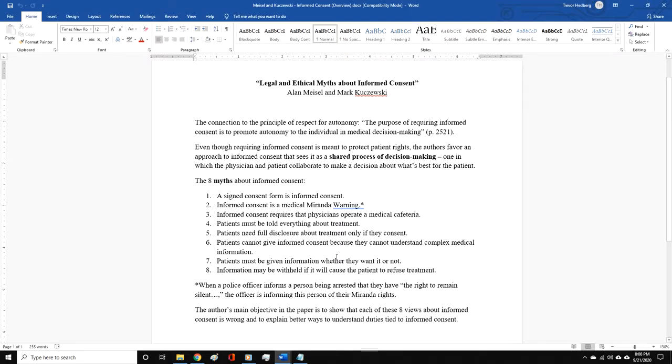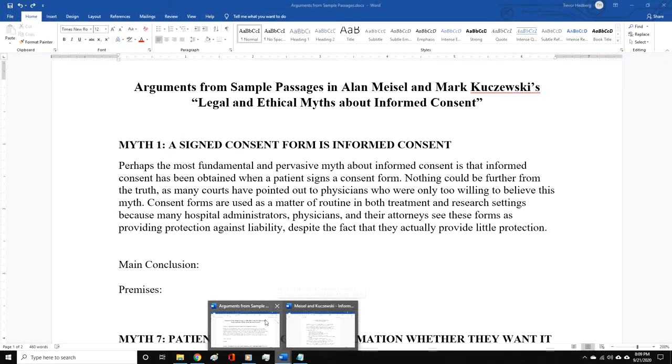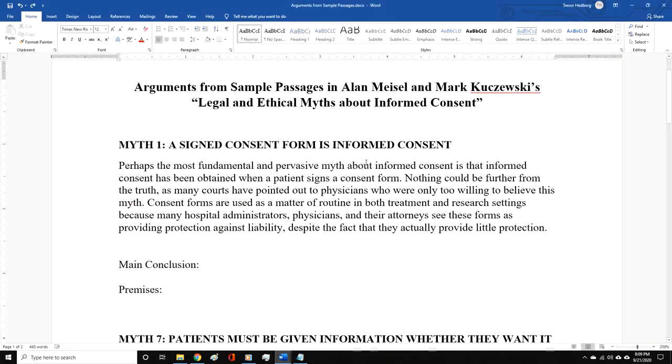So it's not a particularly complicated paper, and compared to some of the things we're going to read later on in the term, it's not super long. But because of its structure, it provides a really good opportunity to continue developing your skills on engaging with, identifying, and extracting arguments. So, how exactly do you go about doing that with